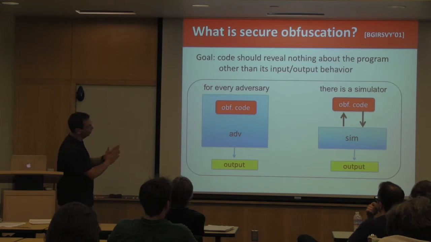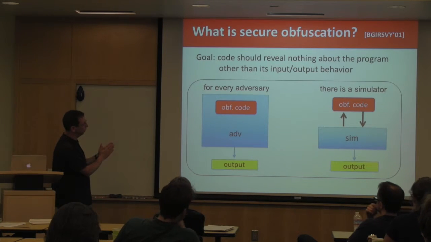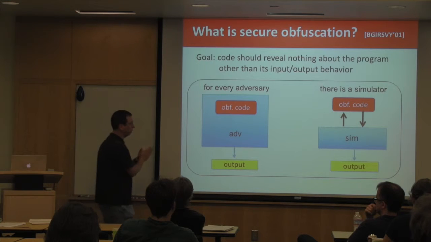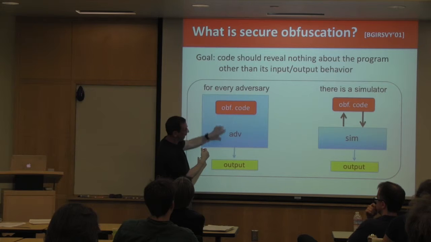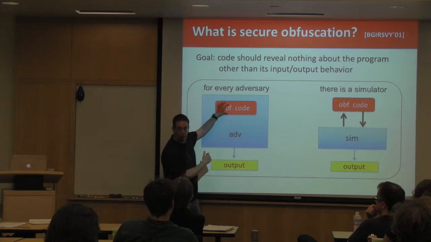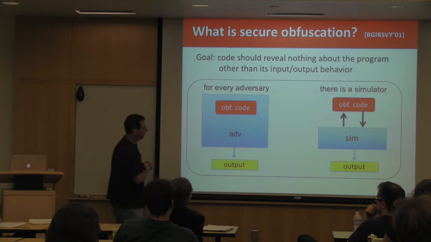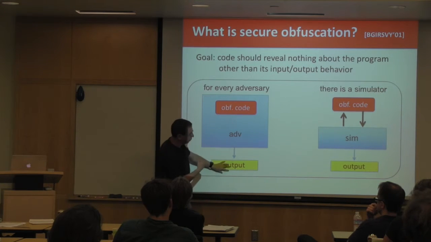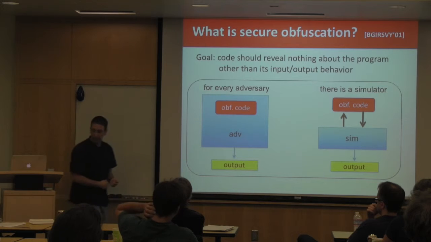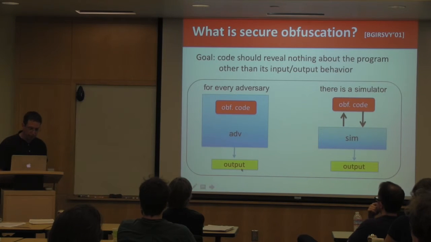Let me explain it to you in one second. This is your obfuscated code. Your program has been obfuscated, and the adversary gets to work on your obfuscated code. He observes the obfuscated code. Now, he's going to munge and crunch your code in various ways, and he's going to produce a certain output. What you'd like to say is that for every adversary, there exists a simulator that is only interacting with the code as an oracle. So it's only providing inputs and looking at the outputs.